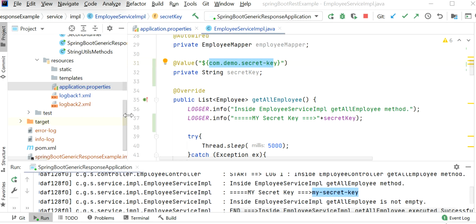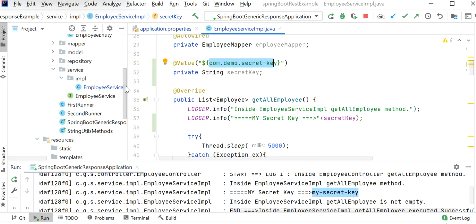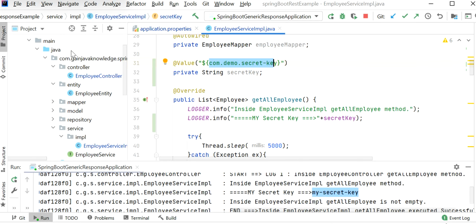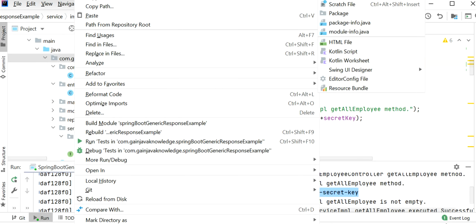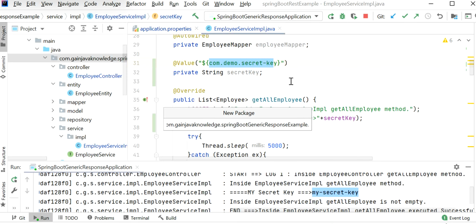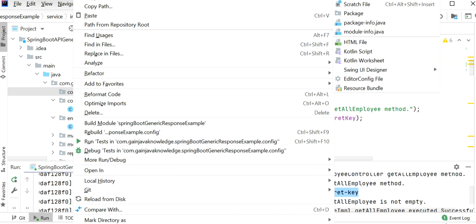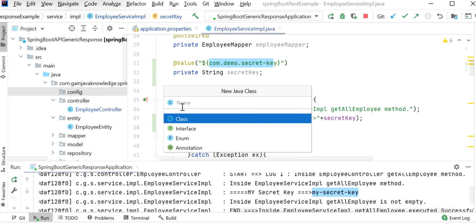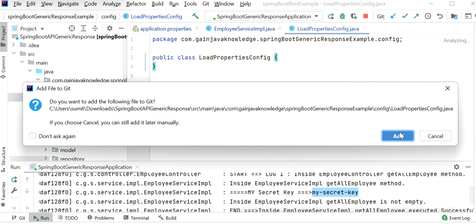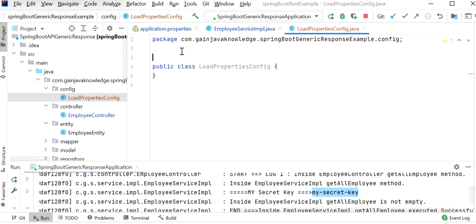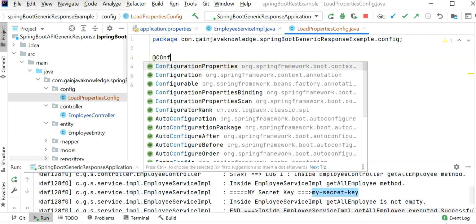So let me create one configuration class and read all the properties in the same class. Let me create one more package, a new package. Here I will define config, and inside config I will create one Java class, LoadPropertiesConfig, and at the class level I will use the @Configuration annotation,